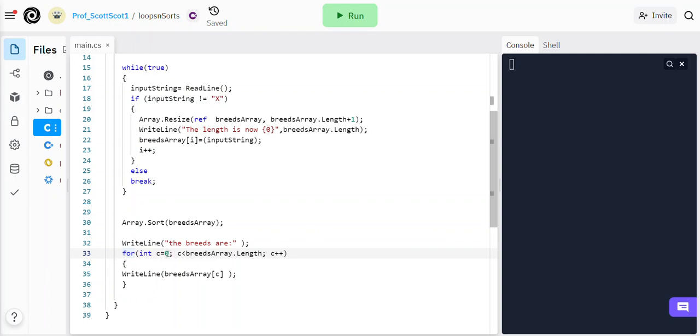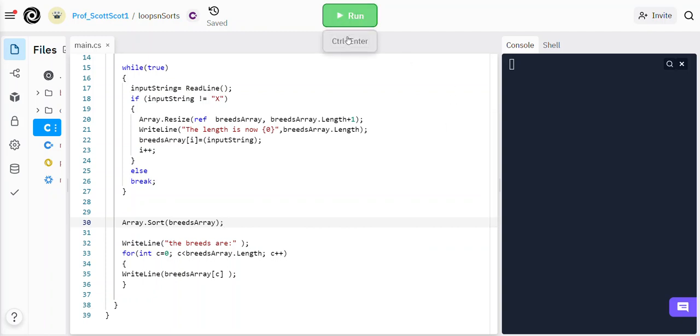C is going to start at 0. And I don't want to go through this cycle any more times than would put me past the end of the array. So let's think about the array as like a train with train cars. And we assembled the train up here. We started out with car number 0, car number 1, car number 2, car number 3. Since we start counting at 0,